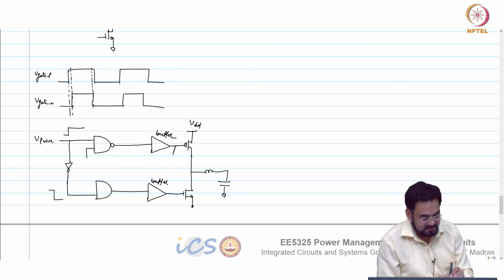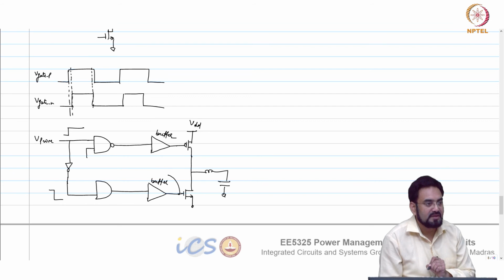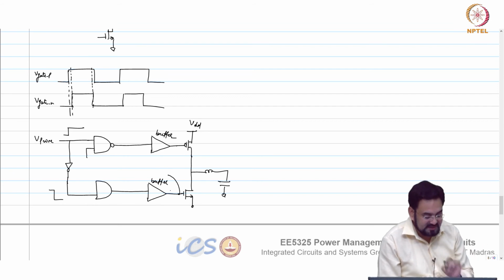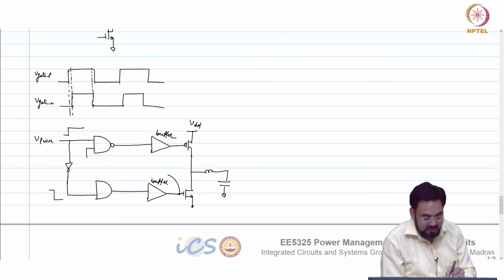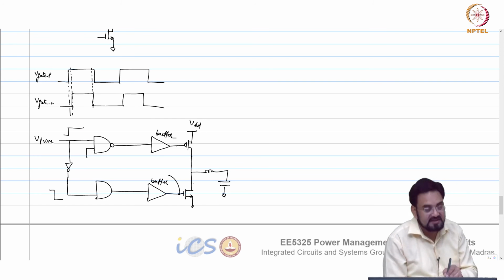So if I take this signal, I know this is going 0. I have to make sure that this device has turned off completely when you are turning on this one, and that can be told only by looking at the gate. That is why I am taking the feedback from the gate, not from here.